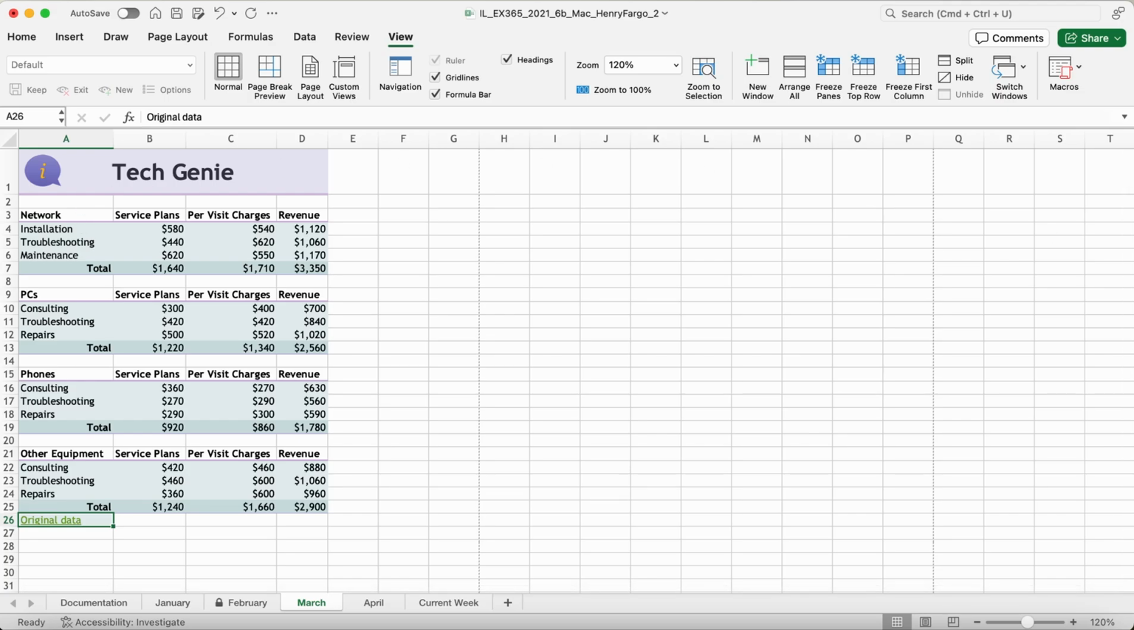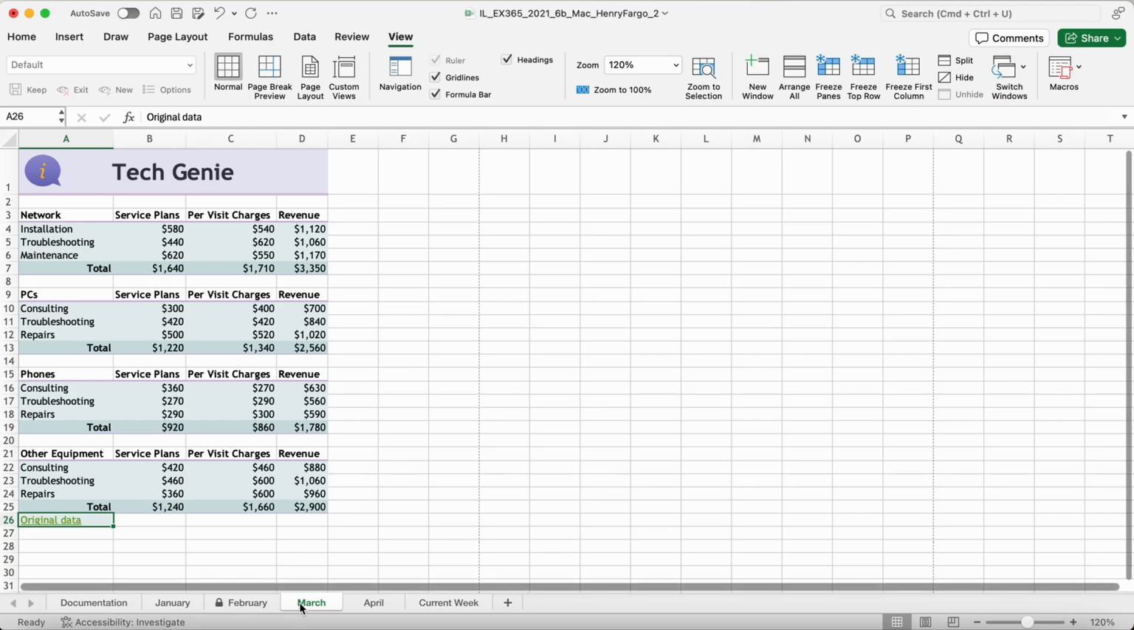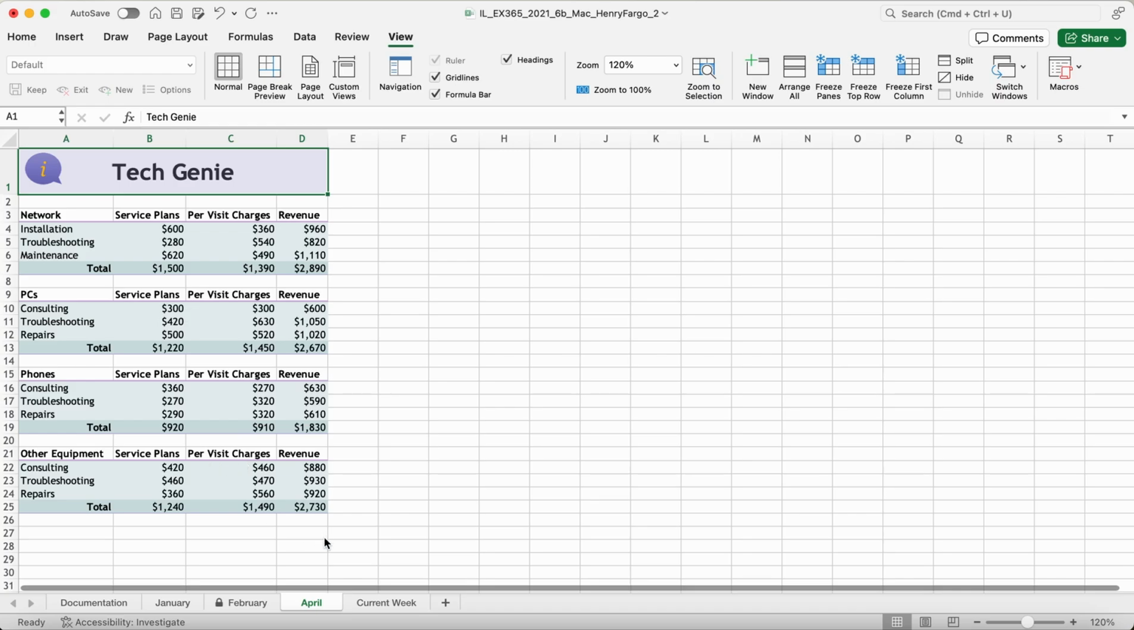So then step 13 is hide the March worksheet so that no one can view the unverified data. So it wants us to hide the March sheet. So we're going to right click and then we're going to press hide. Okay. And then it wants us to go to 14. Okay, Talia